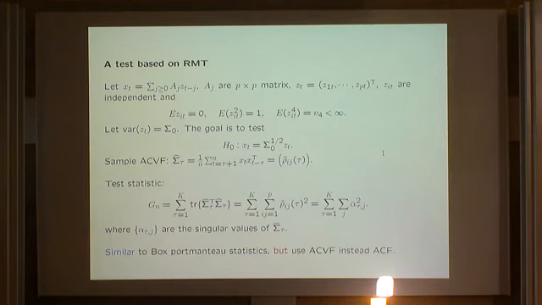This must be an error. It should be A naught. It should be A naught. Here is A naught, A naught Zt. Then Xt is the IID white noise. Yeah, so it should be